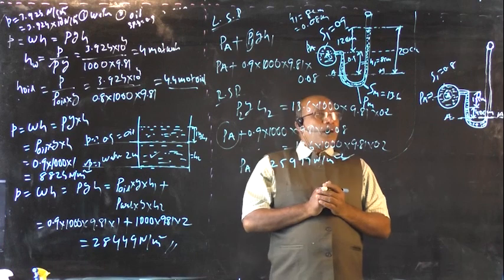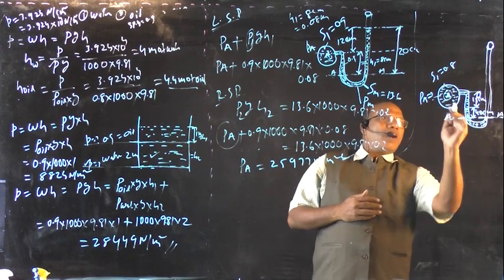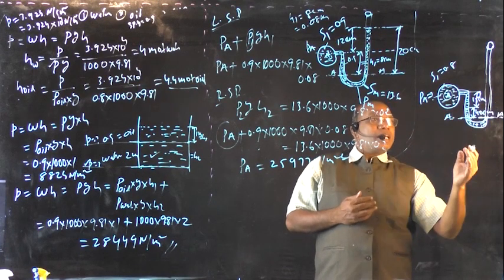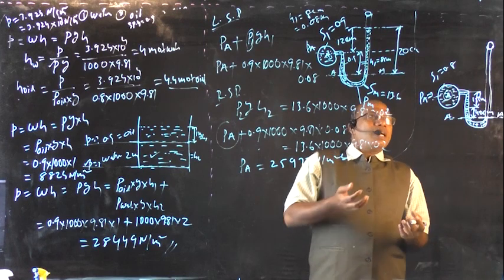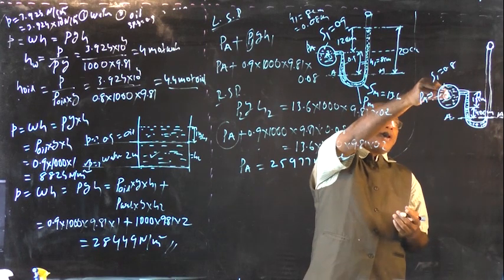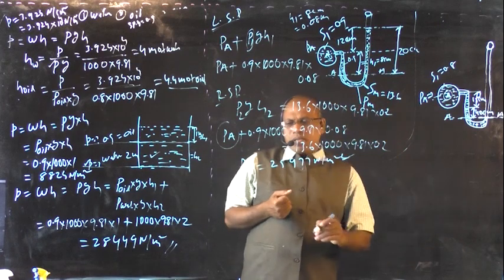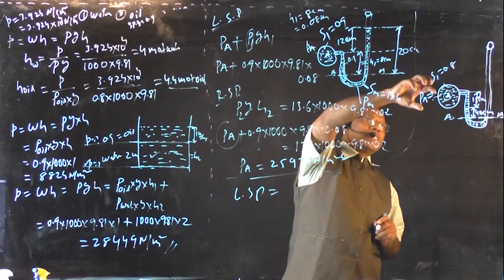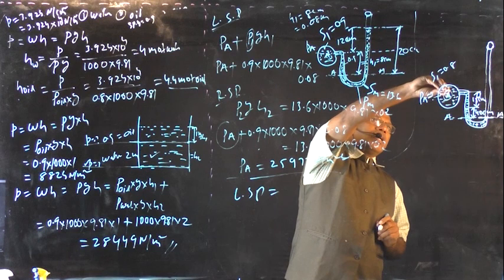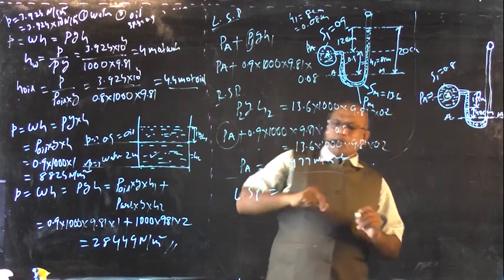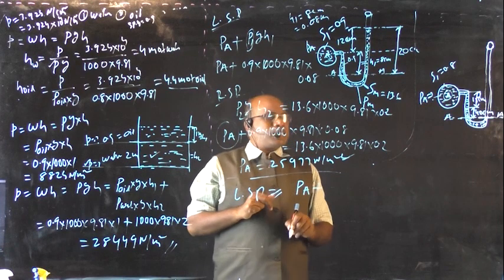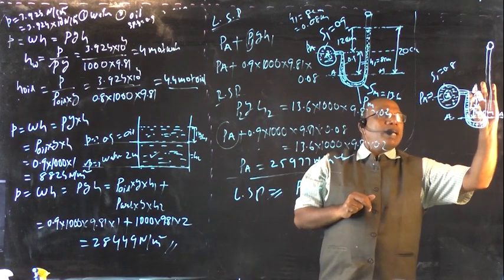Here also, we are going to determine the pressures on the left side of the section AA or datum line AA, and the right side pressures above the datum AA. Now equating these two, finally we get the pressure at point A. First, the left side pressures. What are the left side pressures? The pressure in the pipe A is equal to PA. The left side pressure is equal to the pressure at point A plus, because of this column, we have one pressure.